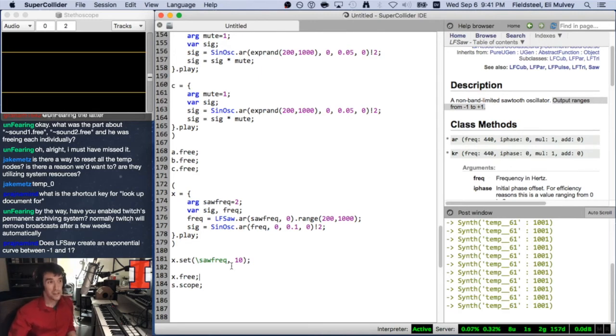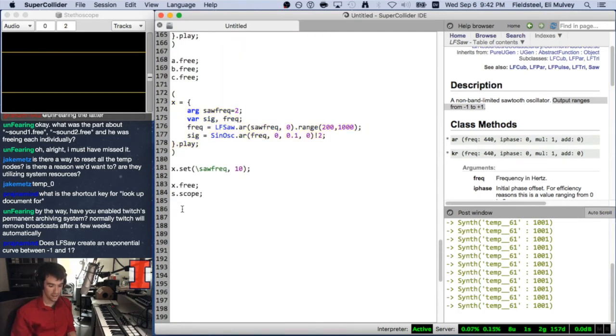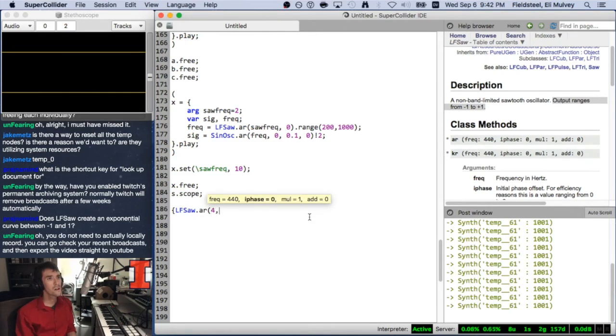LFSAW does not create an exponential curve between -1 and 1. It's linear. So that's a great point. So I want to introduce the plot method. So we have function.play, right? I'm just going to make a simple function here. Let's keep things a little bit separate. And let's go in and say lfsaw.ar for 0